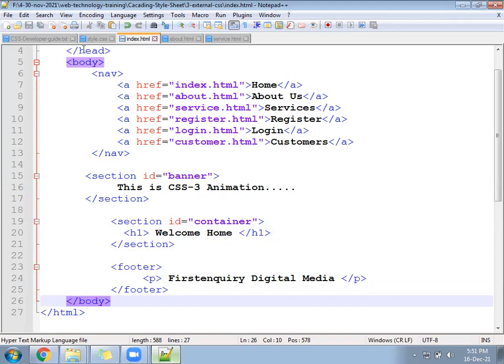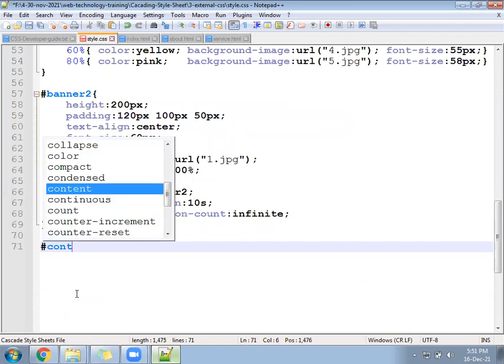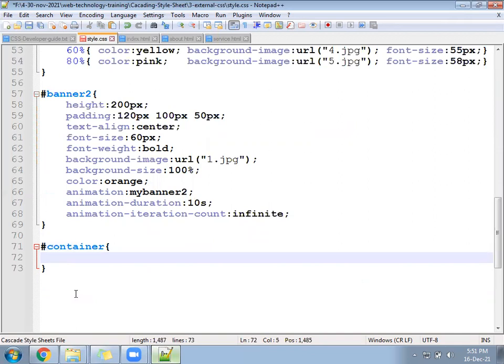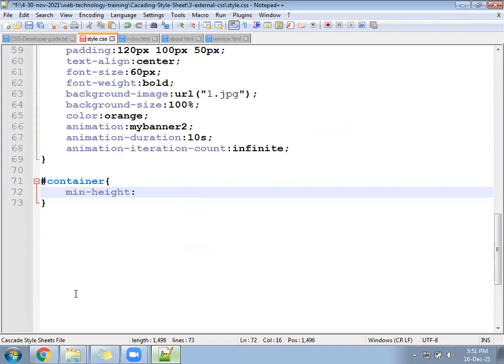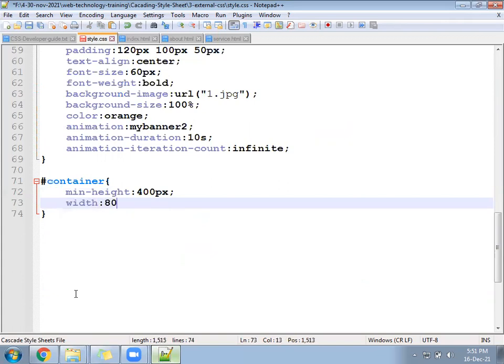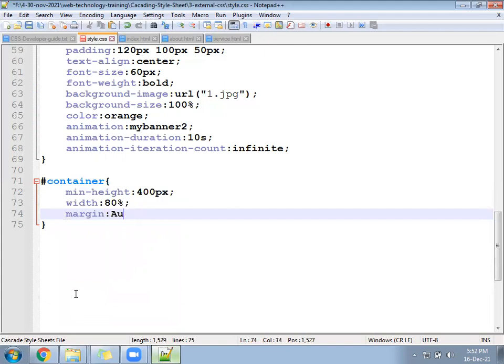The min-height for container should be something like 4500. After that, width of container keep somewhere 80% and put margin auto.